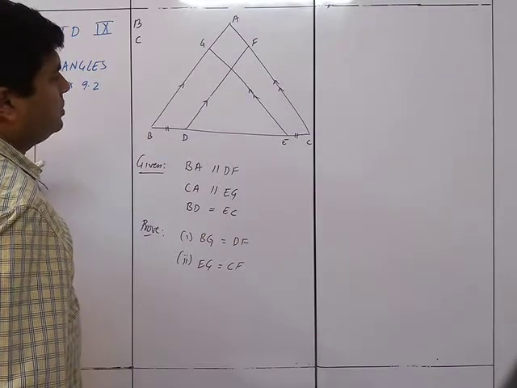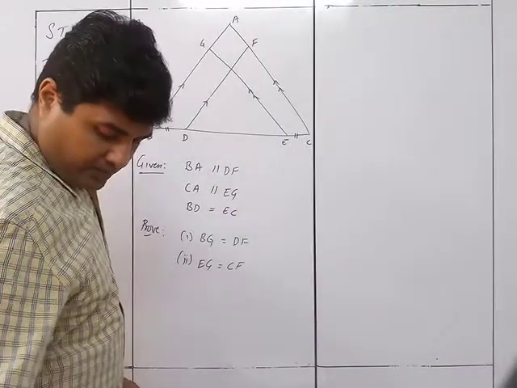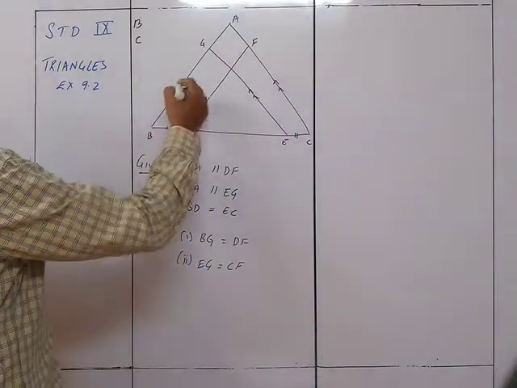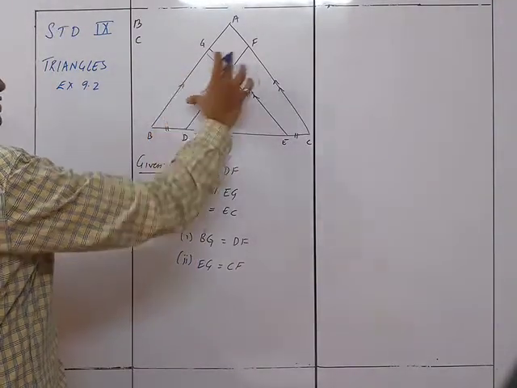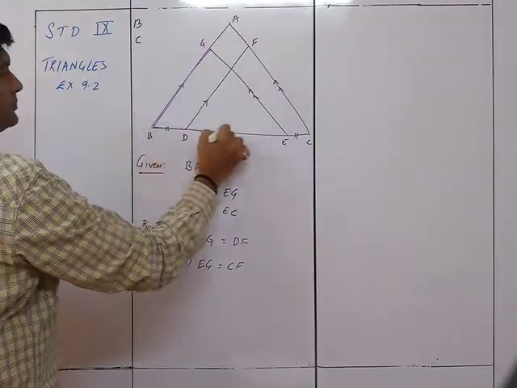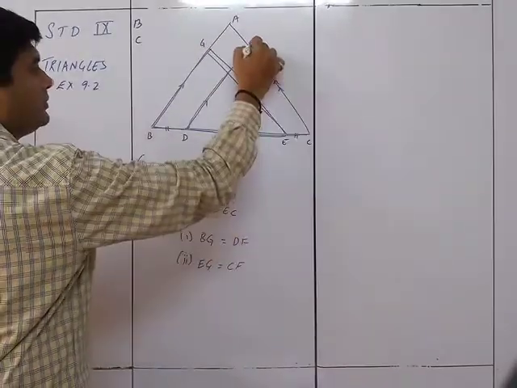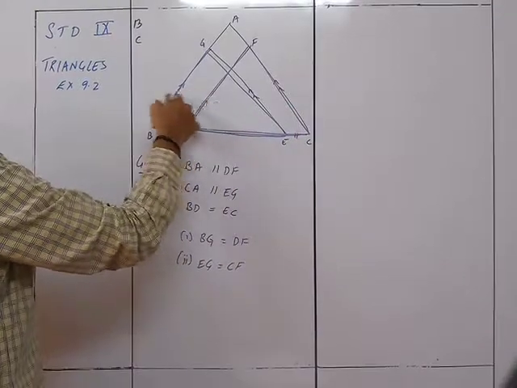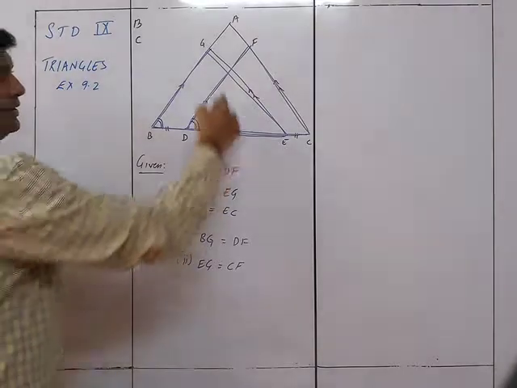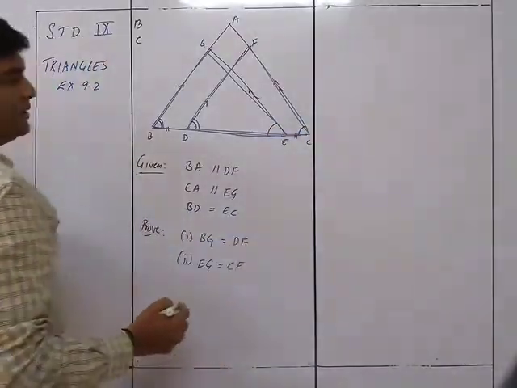Okay, so it seems very easy. Let's see. I'll show you what exactly is to be done. You need to prove that this side is equal to this side. So if you take this triangle over here and this triangle, you can see these two are parallel lines, so automatically this angle will be this angle, corresponding angle. These are parallel lines, so this angle will be equal to this angle, again corresponding angles.